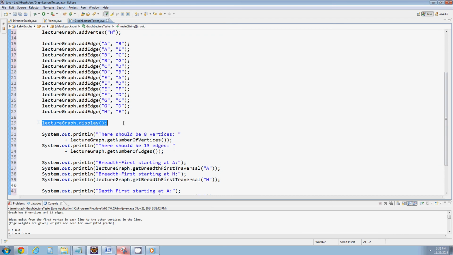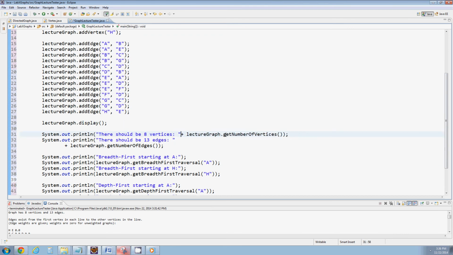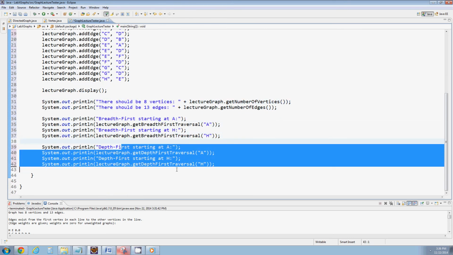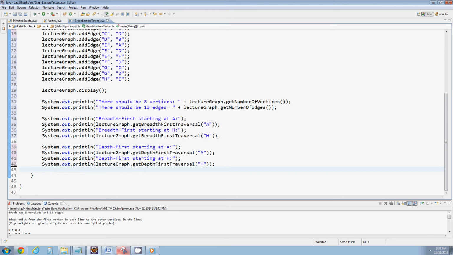Here we invoke the display method, and then I've just invoked the get number of vertices and get number of edges methods, and then printed out the breadth first and the depth first traversals. Now note that for the implementation given in the textbook, the breadth first traversal will work exactly like the one we just traced through. But the depth first traversal actually, instead of using alphabetic order to push nodes onto the stack, uses reverse alphabetic order to push nodes onto the stack, so that the popping off order is alphabetic. So the traversal is actually going to be a little bit different for the depth first traversal